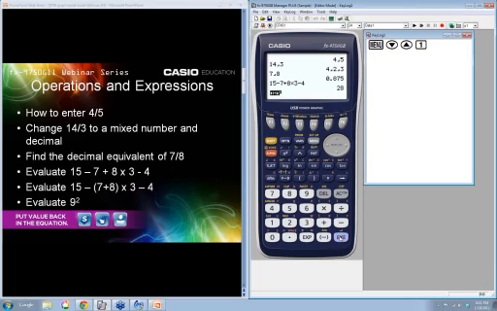I like to show them how much different a set of parentheses means by giving them that very same expression, only this time I'm going to put parentheses around the 7 plus 8. And the calculator knows that we do parentheses first. So that times, oops, I put 2 in, let me point them out, times 3 minus 4, and then we evaluate. Huge difference, totally different number, simply based on that parentheses, and that's what we would expect.